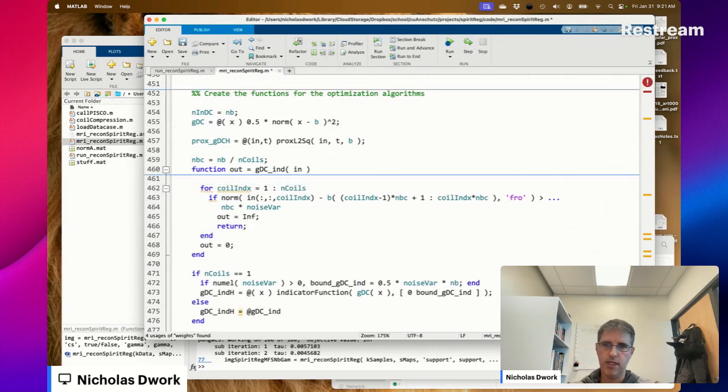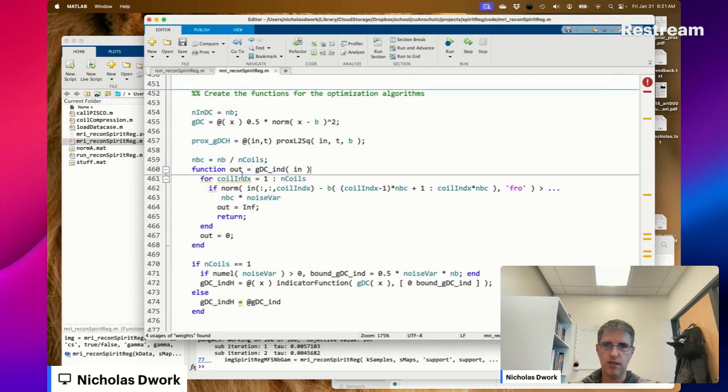I can parallelize this. Why would I? What is this? Coil index is set inside a nested function. So what?